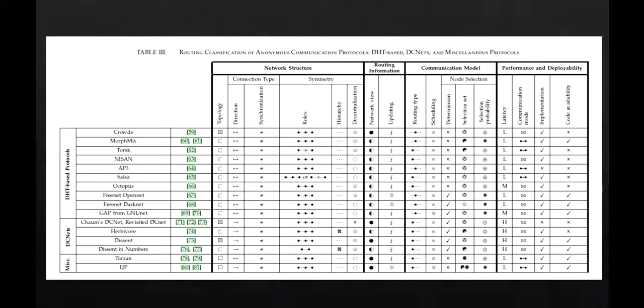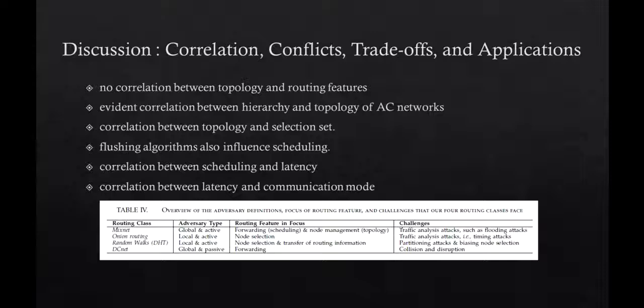We'll check whether there is any correlation or not. Okay, so no correlation between the topology and routing features, that is, say, roles and decentralization. That is why the topology is only based on the connectivity of the relaying routers rather than the users or